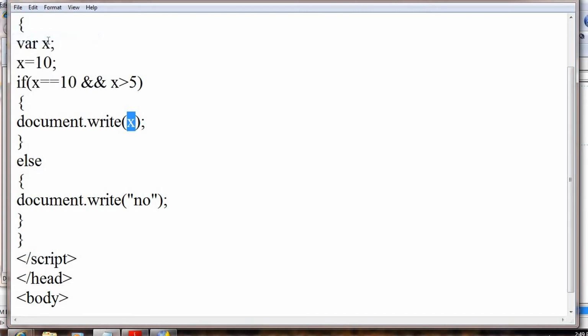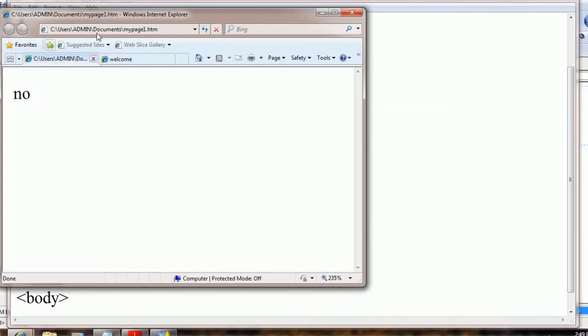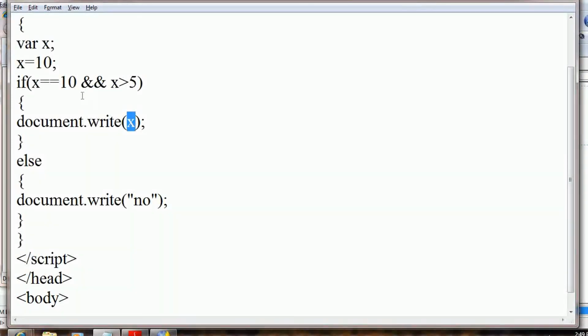Now see the output over here. In the output area it will show 10. Suppose any of the conditions is false, then it will not show this output, because AND means all the conditions are compulsorily required to be satisfied, and only then does the overall condition become true.